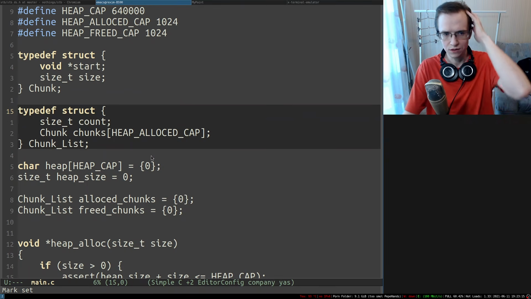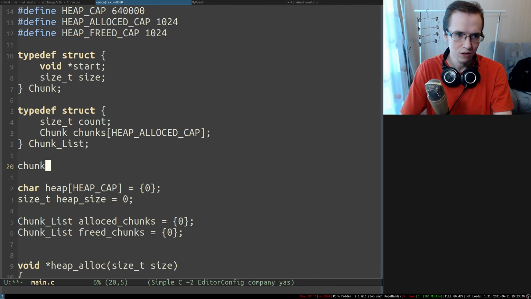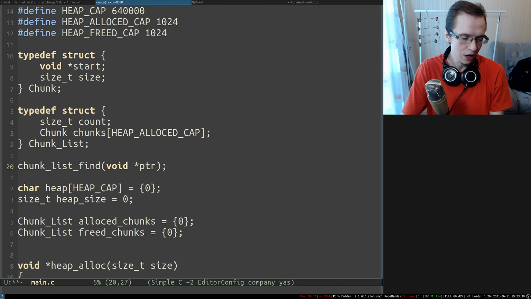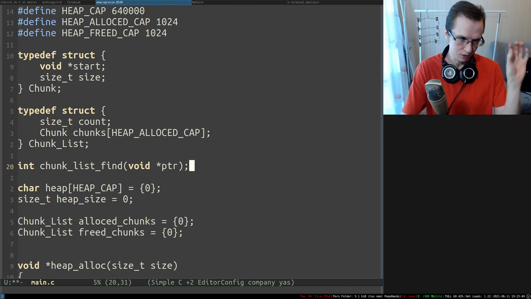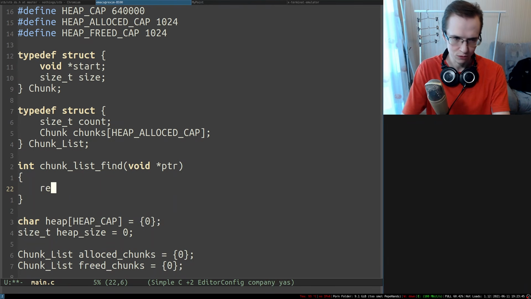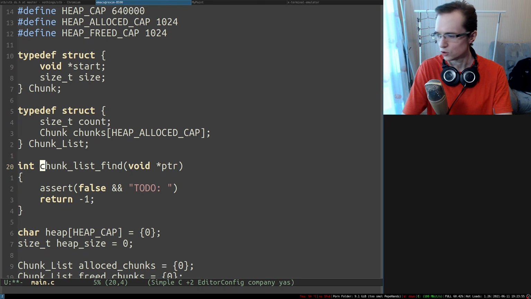So the reason why I wanted to have this as a separate data structure is because I want to define operations on it, right? So it's going to be something like chunk list find, and you would provide the pointer, and how we're going to indicate that we found something, I think we can return an integer, right? So it's going to be essentially an index in the array, and if it's negative, it's going to be indicating that there's no such chunk in there, right? So this is going to be the first operation that we want to implement. So it's going to be a to-do, chunk list find